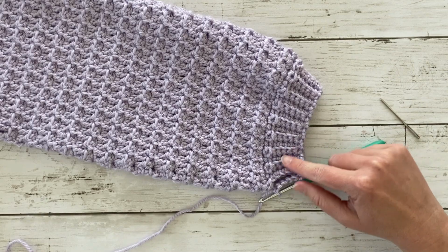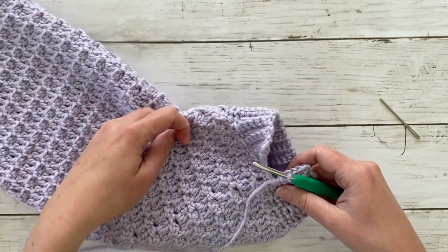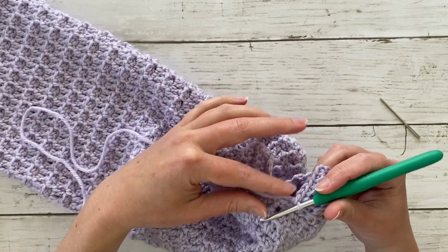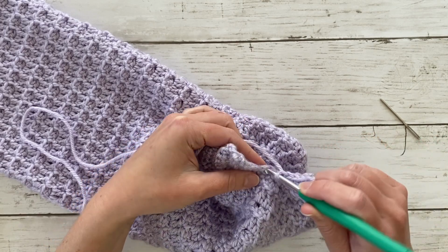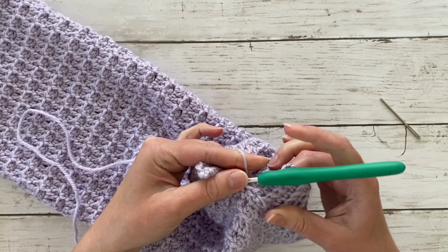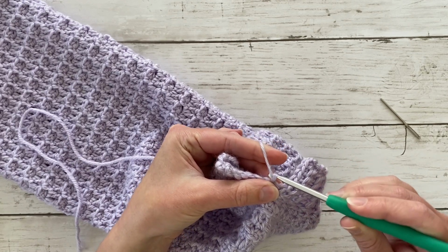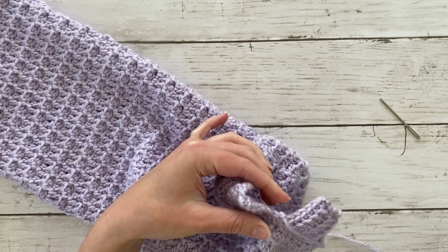So I have finished my cuff, and I'm back at the beginning here, so I'll show you how to join those. So I've done my row of stitches here, and I'm back at the base, and we will slip stitch just 1 time into that last space there. Then you're going to pull your yarn through, so cut your yarn off with a little tail, pull your yarn through with that slip stitch,